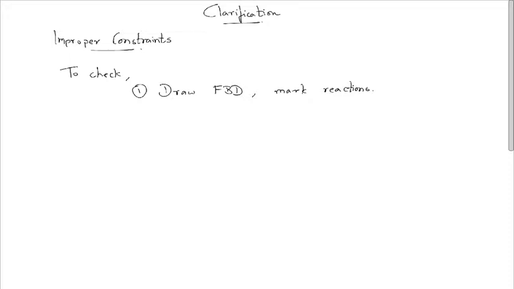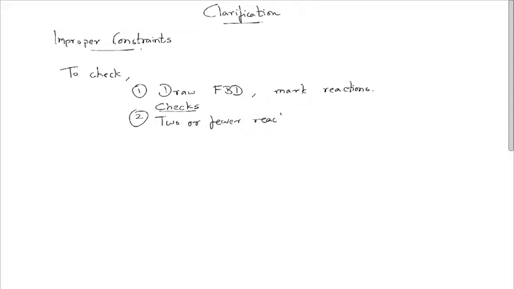And depending on the locations and the directions of the reactions, a system may be properly or improperly constrained. So the second step that we discussed is to check if you have, well, all the steps from here on are checks. So the second step was to check if you had two or fewer